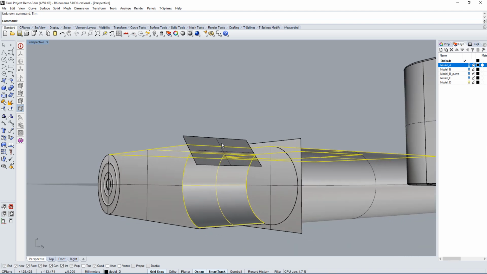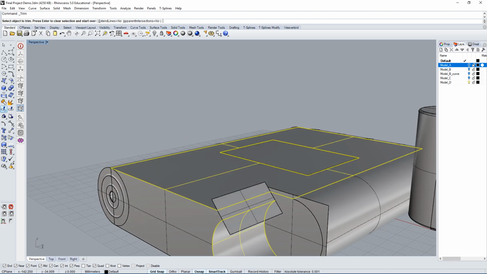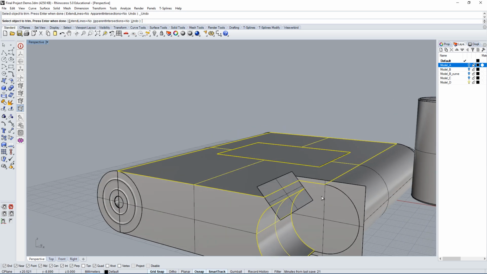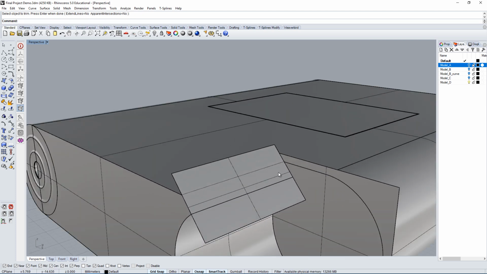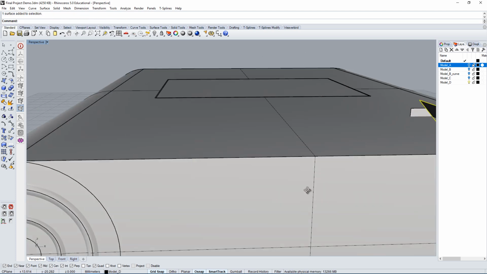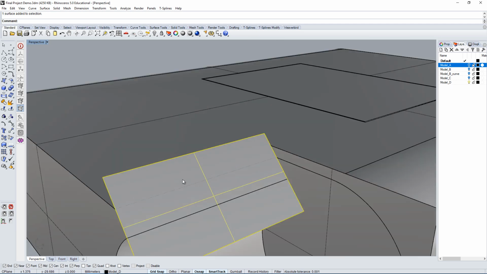We'll do the same thing for this other surface. Okay, using the trimming command. And it failed. Why did it fail? Let's see. Maybe the reason why it failed is because this surface here was actually not aligned correctly, and that would explain why there was a small problem before.